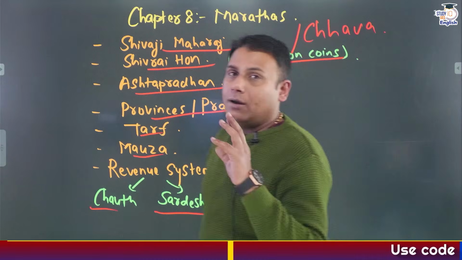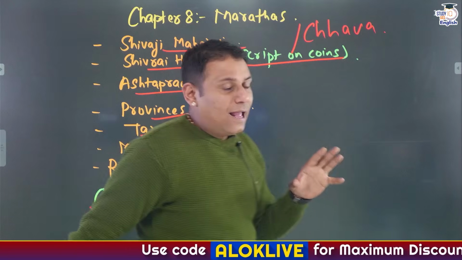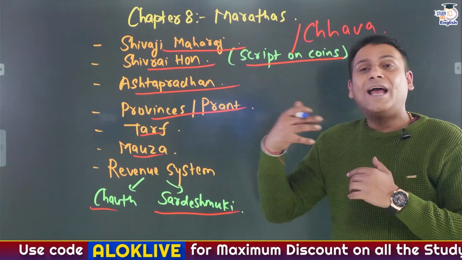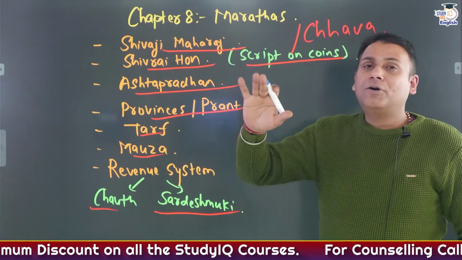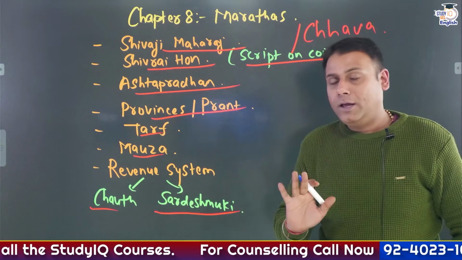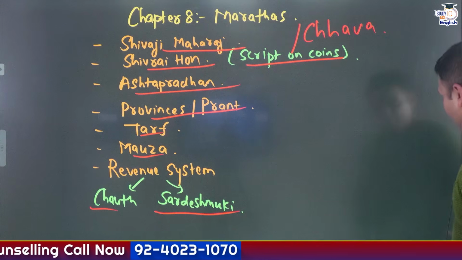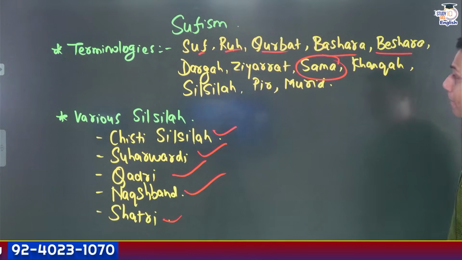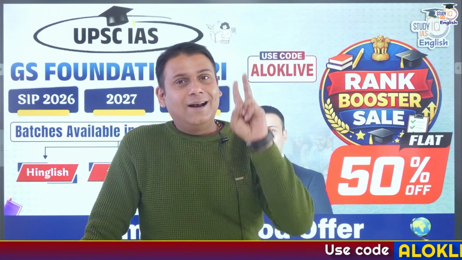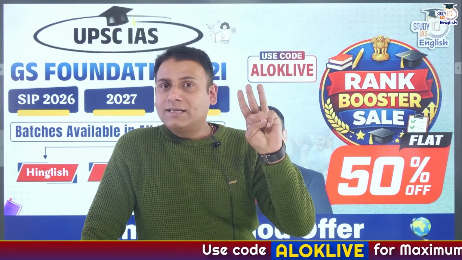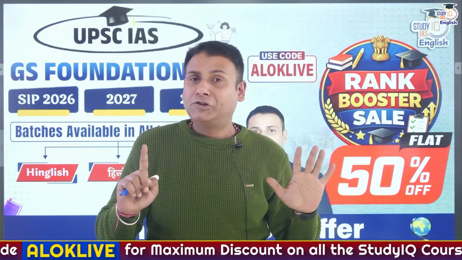If any kingdom does not want the Marathas to attack them, they had to pay one-fourth of their annual revenue to the Marathas. That is Chauth. An additional 10% levy is called Sardeshmukhi. So go through Marathas and so on. So these are the important topics that you have to cover specifically from medieval Indian history. Early Islamic invaders, Delhi Sultanate, Mughals, Marathas, Bhakti movement and Sufi movement are the most important topics.